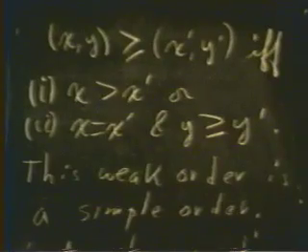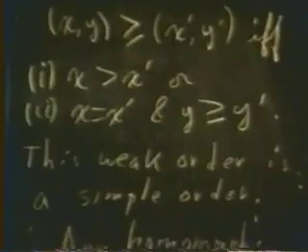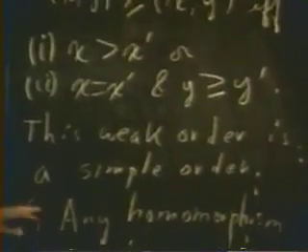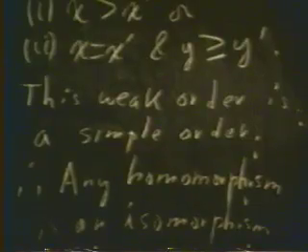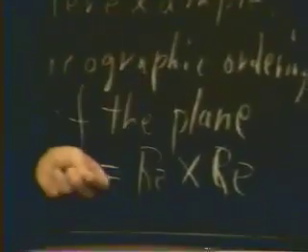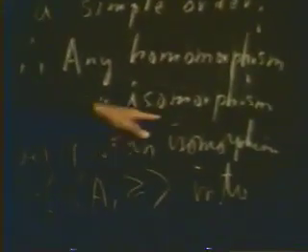That antisymmetry condition tells us something at once that we will use in our proof of this counterexample, namely that any homomorphism, remember a homomorphism is a function from the set A into the real numbers that preserves the order, must also be an isomorphism when the relation is a simple order, that is a 1-1